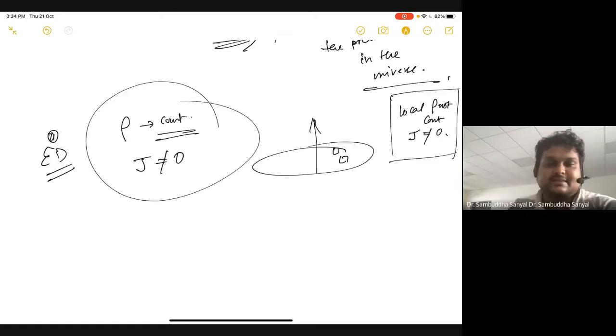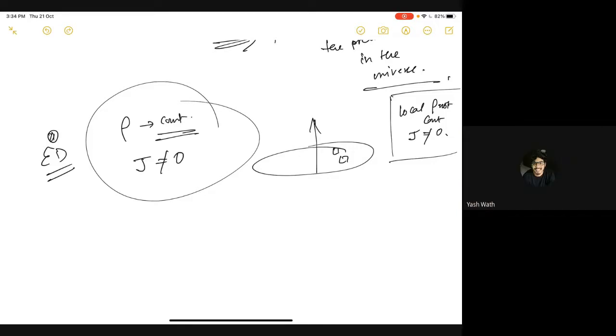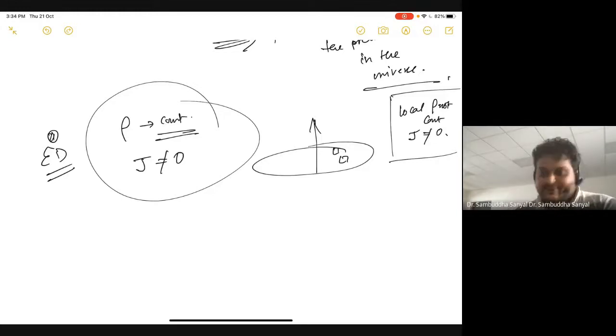This is the kind of example you do all the time. But this example is not so common, that the rho is not changing anywhere. It's steady state, right? It has no functional dependence on time, but yet there is a current. And the example is a uniform disk rotating at a uniform velocity, with uniform disk meaning uniform density of charge. Do you understand why it must be the case? Yeah. Okay.